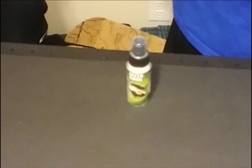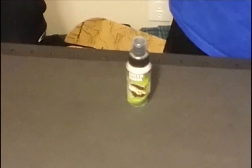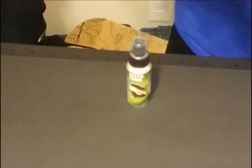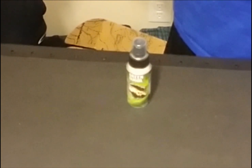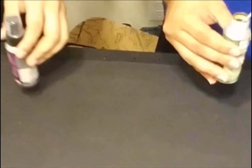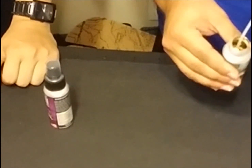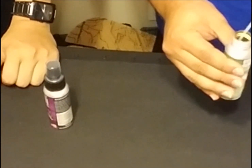Let's see. They don't smell like your average oil, which is a plus because it doesn't stink. At least this one smells like paint thinner. Well, it doesn't have the aerosol chemicals in it, so that's good. You'll be able to disperse it a lot better, not get it everywhere and in your face. I do think this could be a pretty good product. For it being green too, it's got a really solid oily consistency inside. I know I can't show you inside, but it definitely doesn't